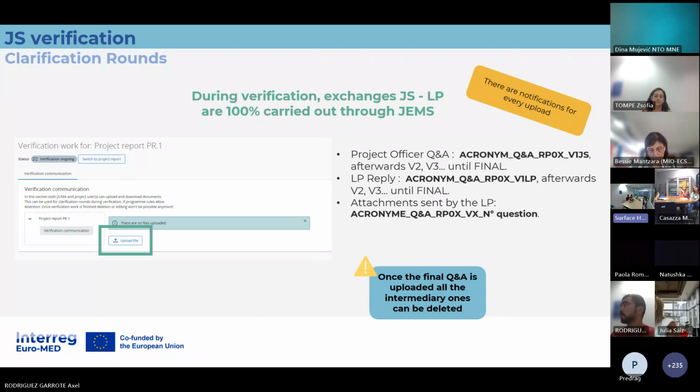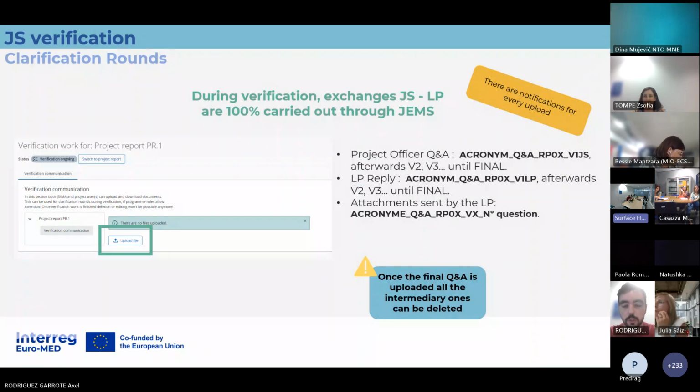Here, please always keep this slide in mind. You have the format of the title that you should put on the documents. And yes, we have activated the possibility of sending notifications to the lead partner whenever a document is attached. You can activate on GEMS the possibility to receive your notifications in your mailbox. Otherwise, you will also see them on your main page of GEMS.